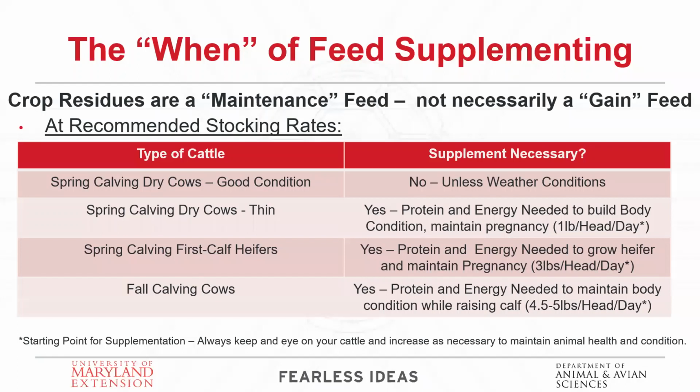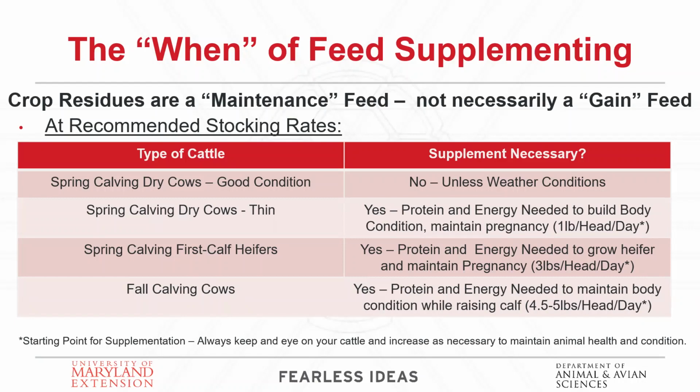Your spring calving cows that are thin, so I know we're not going to touch on body condition very much here, but it's on a scale of 1 to 9. Anything under a 5, so like 4.5 and under, is what we consider thin. In order to maintain her condition, you're going to have to supplement her about 1 pound per head per day to make sure that she gains that condition back and gets to be at least a 5 and maintains that